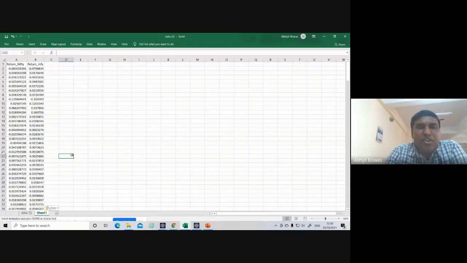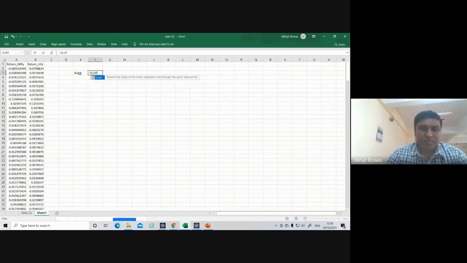Okay, so I want to calculate beta. To calculate beta, basically you will have to calculate slope. There is a function in Excel called slope, right? So slope, open bracket, you have to set Y series and X series. In this case, which one is Y and which one is X?